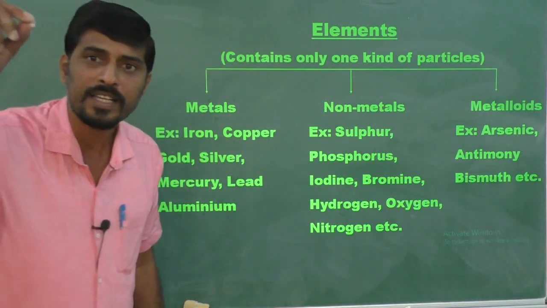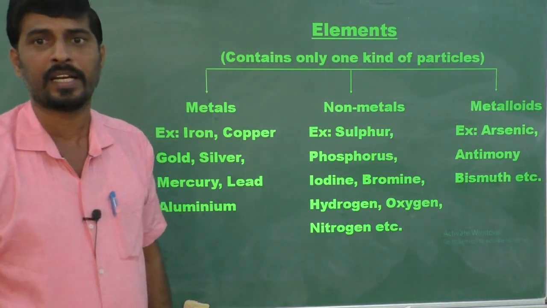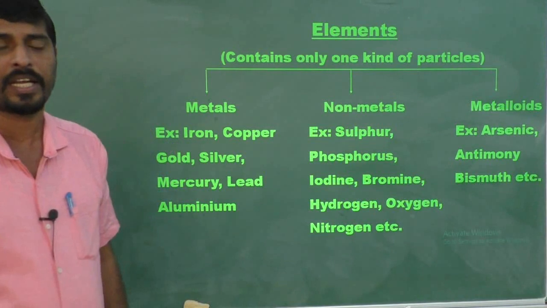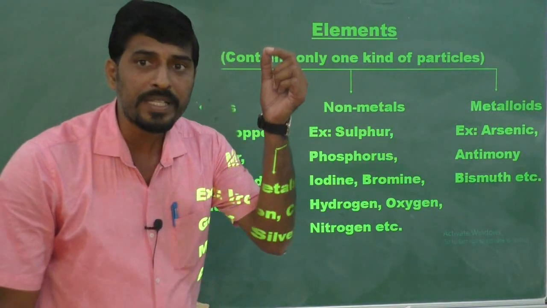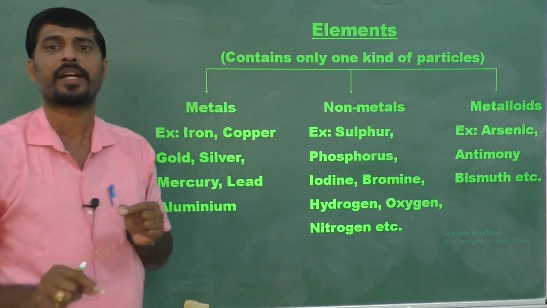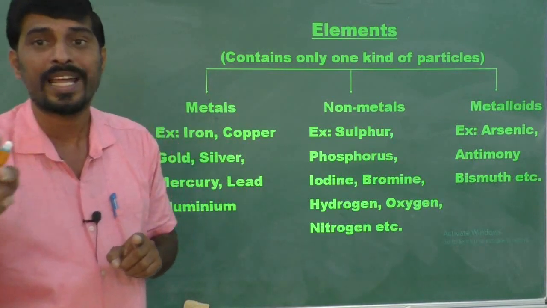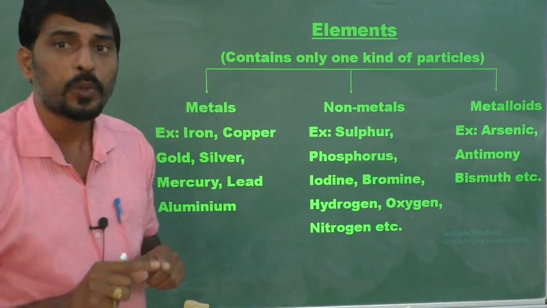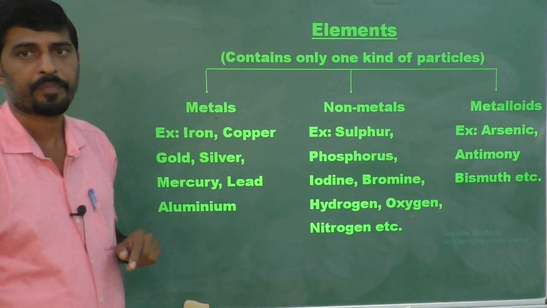When light falls on the surface of a metal, it absorbs light radiation and emits light radiation. While emitting, the frequency of the absorbed radiation and the frequency of the emitted radiation are one and the same, hence light looks like it is reflected back. That's why, due to the reflection of light, metals shine brilliantly.